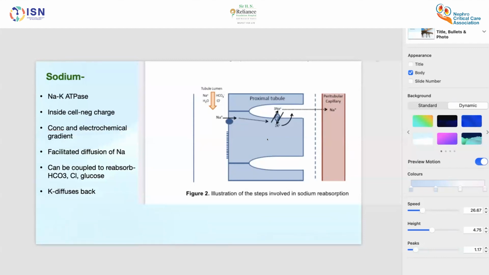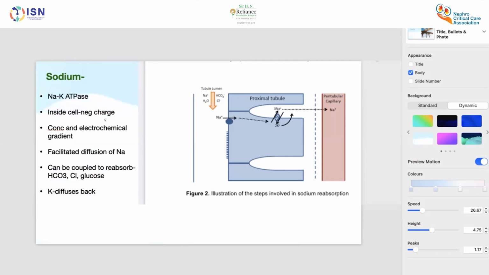This causes decreased sodium concentration in the proximal convoluted tubule cell, which causes diffusion of sodium ions from the tubule lumen, and the potassium is permeable in the PCT cell. So potassium is again pushed out of the cell. This sodium, which is pumped out in the lateral space, is diffused into the peritubular capillary. This is how the sodium is reabsorbed into the